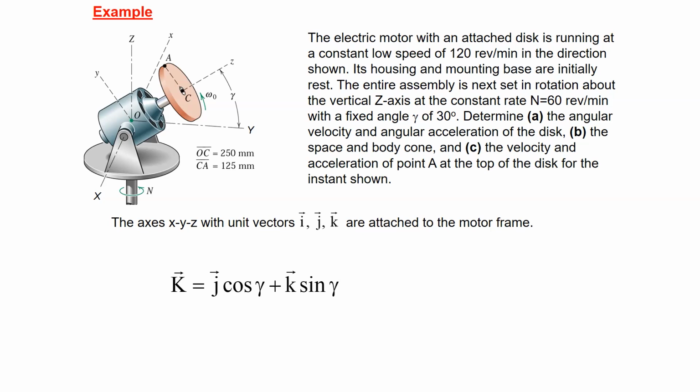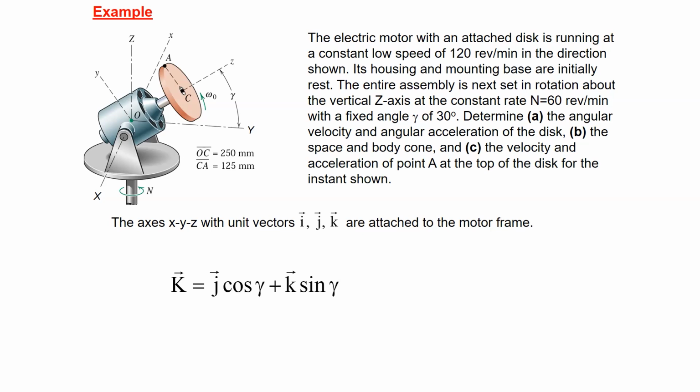Yz is a vertical plane wherein this big z-axis lies. Big z-axis is vertical. So if small yz is a vertical plane, the big z-axis will lie in the same plane. So that's this big Z that's given by big K can be